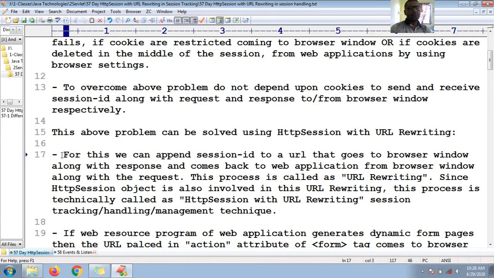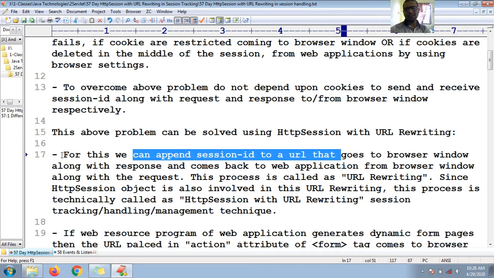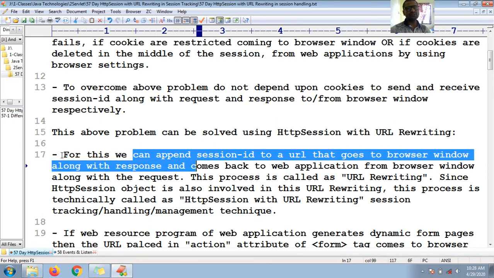To solve this above problem, we can use HTTP session with URL rewriting, and this fourth technique tells us to append session ID to the URL. Append session ID to the URL that goes to the browser window along with the response, and comes back to the web application from the browser window along with the request.